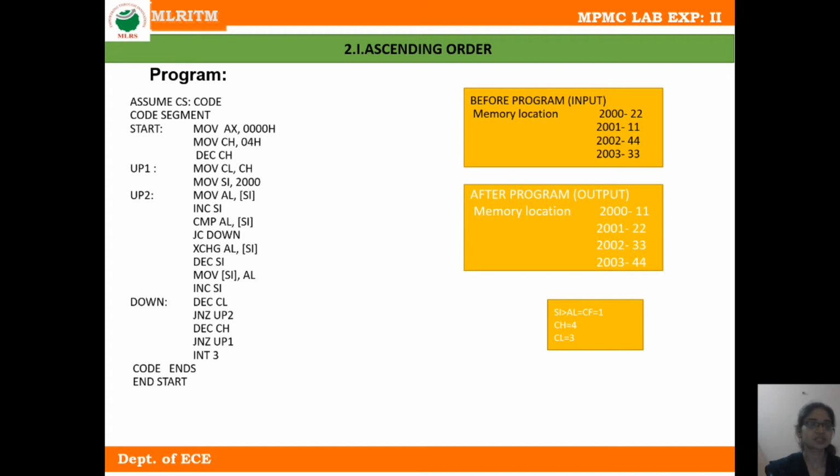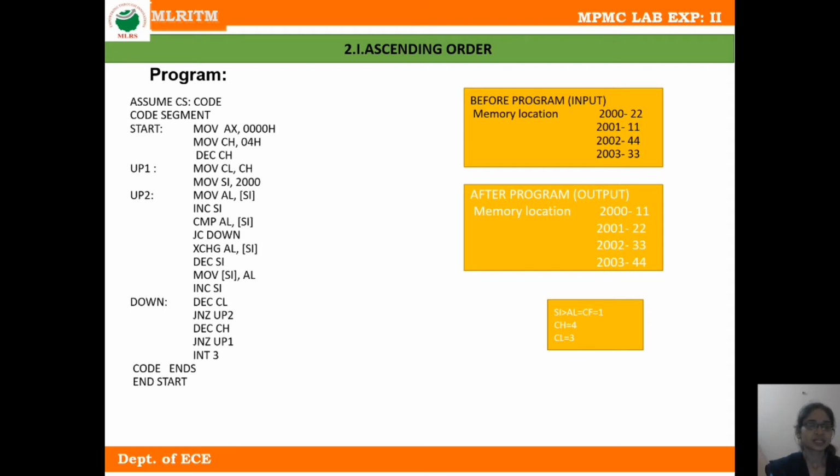The next instruction is MOV SI, 2000. The 2000 immediate data is moved into the SI register. The next instruction is MOV AL, [SI]. Here, these brackets indicate memory, and the content of SI indicates the memory location.